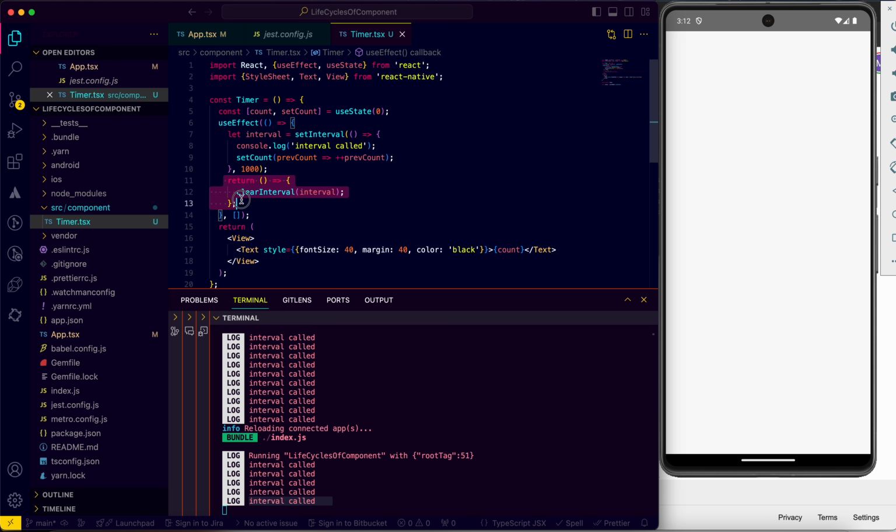This is also sometimes referred to as a cleanup function, right? Basically you are writing a cleanup function. It's a cleanup function that has to be executed before the component gets unmounted, right? So this is the